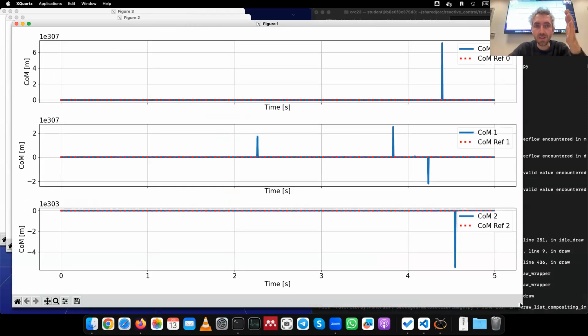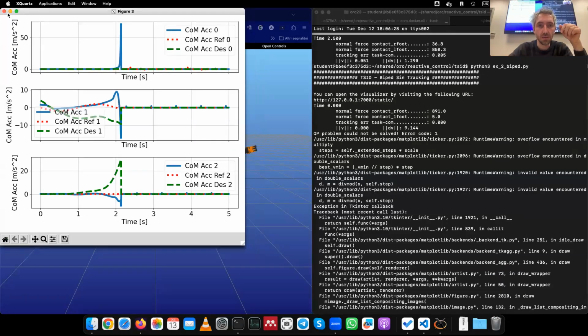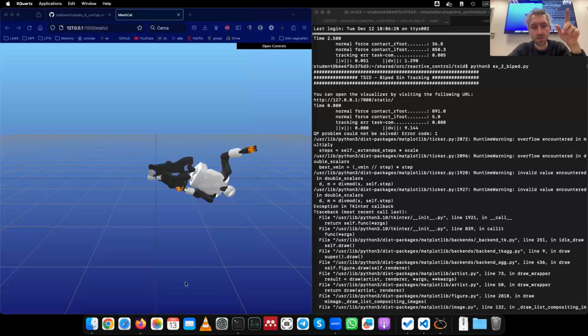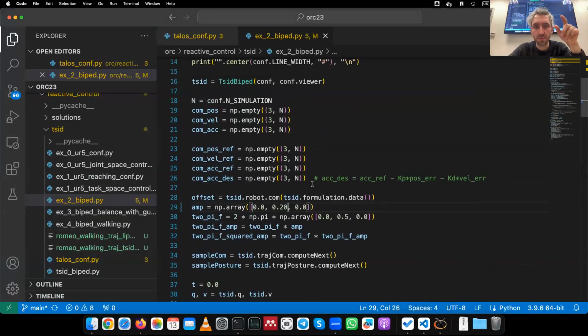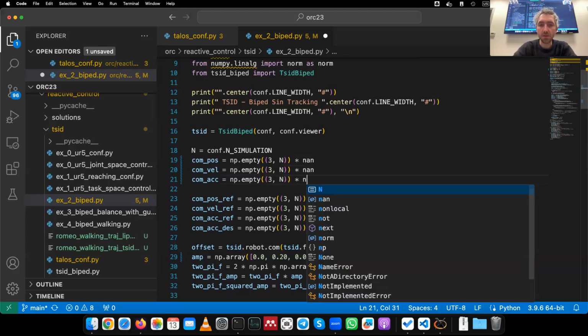And we can also see it from the graph that they're really terrible. I mean, the scale here is 10 to the 307, so we cannot even try to zoom in because it would take forever. So I think we should instead, okay, the acceleration plot looks better. I wonder why that's the case, because accelerations should be even higher. I have a guess. Let me check. Yeah, okay. I think we should here multiply everything times not a number,